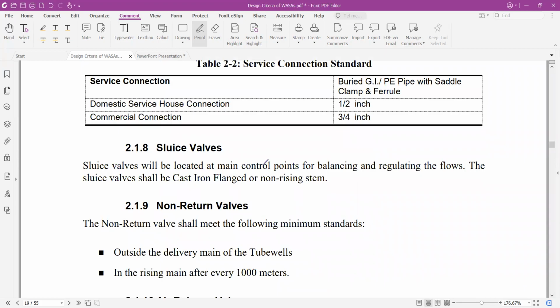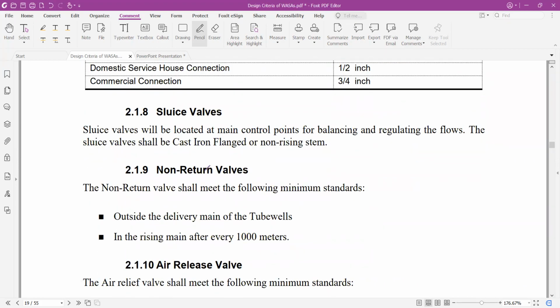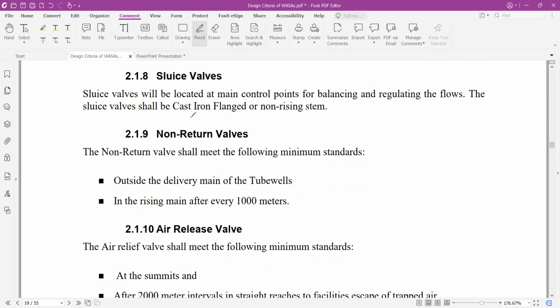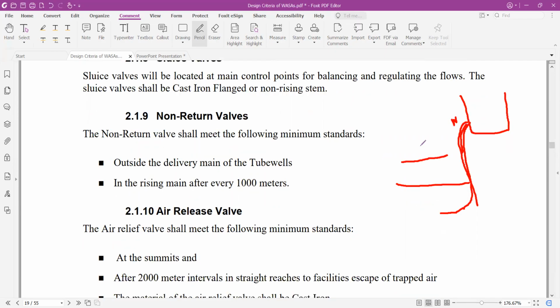Sluice valves will be located at main control points, mostly for controlling the flow, and non-return valves are mostly used in the tanks, in the tube wells, for the rising mains, and for the high diameter transmission lines in order to prevent the backflow of water through the pipe. For example, if you have a tank and you have rising mains and you are pumping water to that tank, in order to prevent the backflow of water, we provide a non-return valve or check valve in the